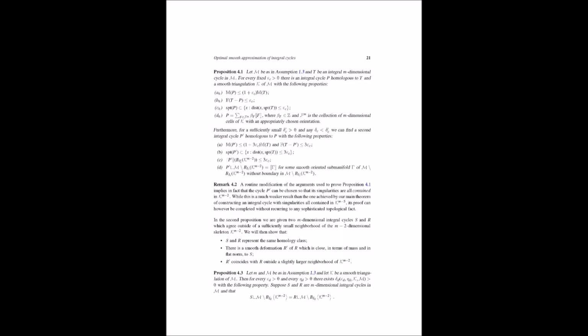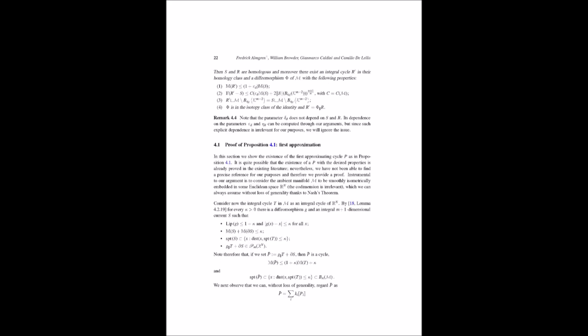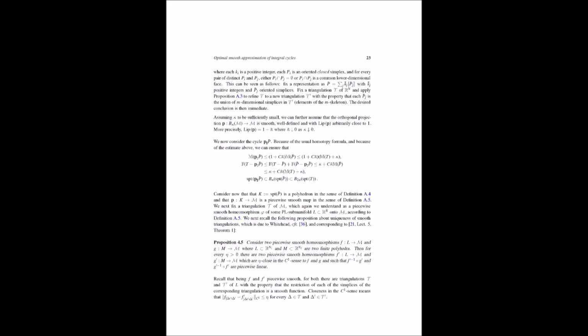the triangulation. Hold on, what's this M2 skeleton business? Think of the M2 skeleton as the collection of all the M2 dimensional faces of the simplices in the triangulation. Okay. In simpler terms, it's like the scaffolding of our Lego structure, the lower dimensional framework that holds everything together. Okay, I'm starting to visualize it. So they're approximating the integral cycle with a polyhedral chain that's smooth almost everywhere except near this scaffolding of the